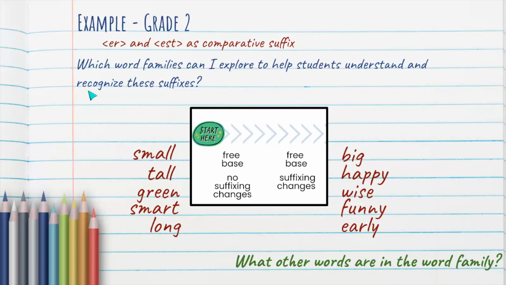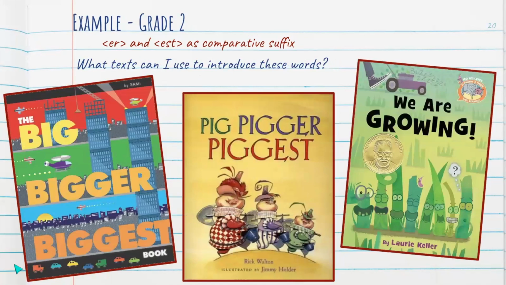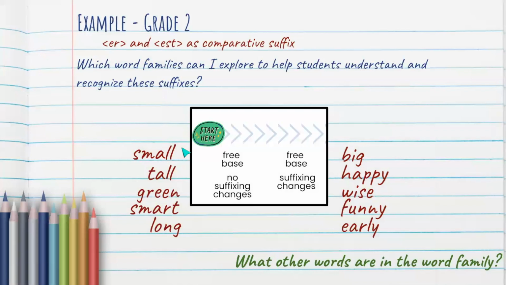So then we ask ourselves, what word families can I explore to help students understand and recognize these suffixes? Here are some examples of free base words that can take on ER and EST that have no suffixing changes when we do that. Sorry, my mouse is very sensitive. Over here, we see some,